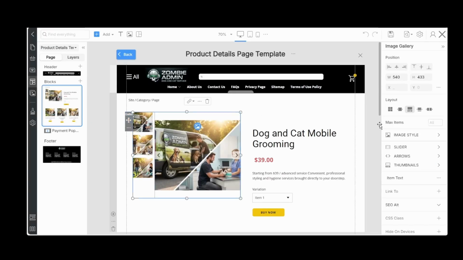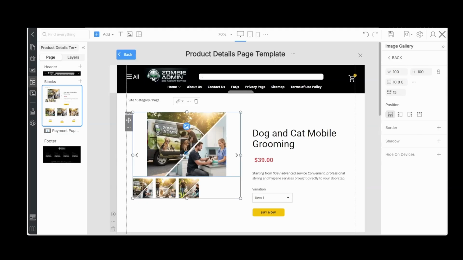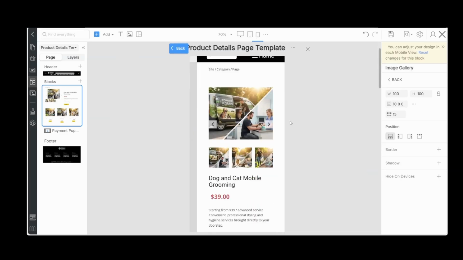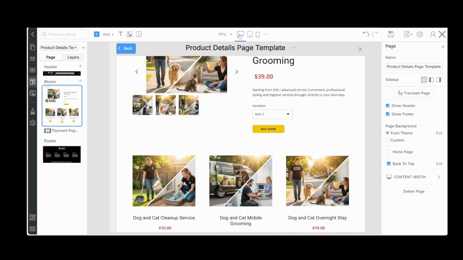I am going to come over to thumbnails and I'm going to pick the position for the pics. I like that. Let's check out mobile view. And that looks good. Let's go back to desktop view.